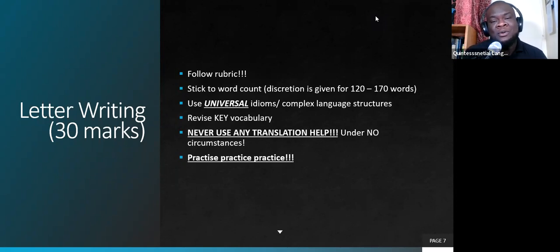I always boast about this one student I had in the past. He went on to win a scholarship at Form 6 level. And the amount of times I made that boy write over essays for me. You would write an essay and I would correct it, and I put in my changes and say, write it over with my corrections. When you write it over with my corrections, you make another error somewhere else, or my eyes may see another error somewhere else. Go back and do it. Go back and do it. Until you get the perfect essay, and then we move on to a different topic. Sometimes this is what you need to go through. Fortunately or unfortunately, this is the process. This is what it takes to become proficient in it.